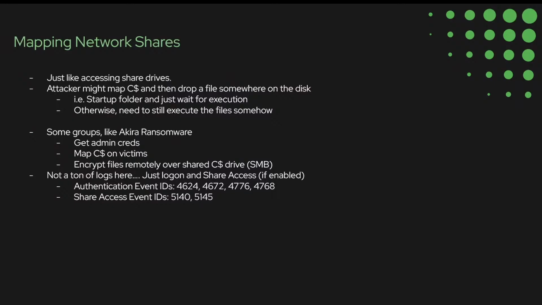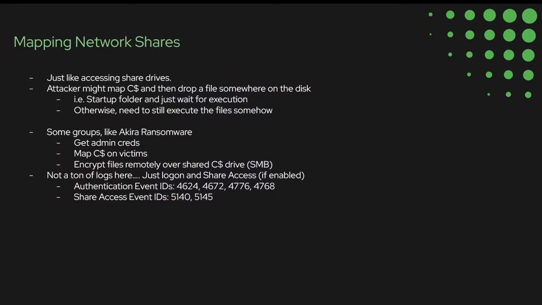Or just like we saw with all the SMB related things, they really are mapping C$ or IPC$, right? That's what all those named pipes really are. So all of those are technically considered network shares. The other thing that you may see is attackers mapping that C$, so mapping the root, or the file system, of a separate host. They do need admin credentials to do this. But for example,